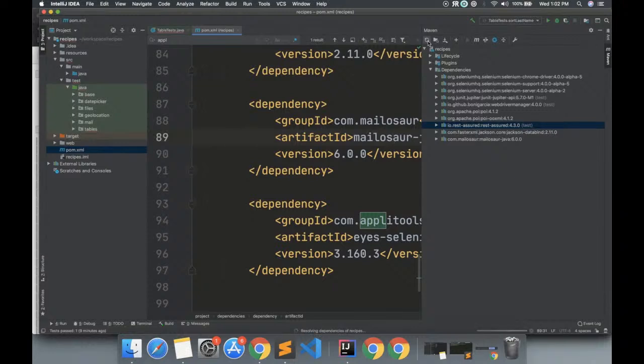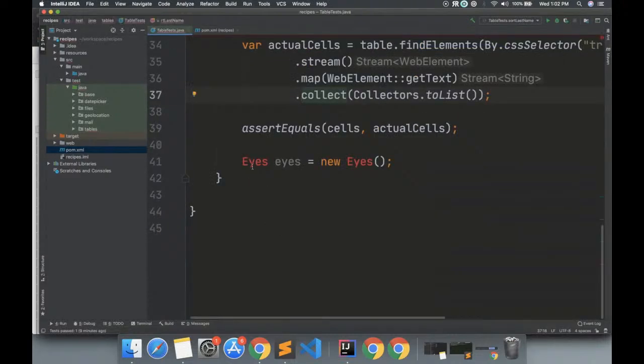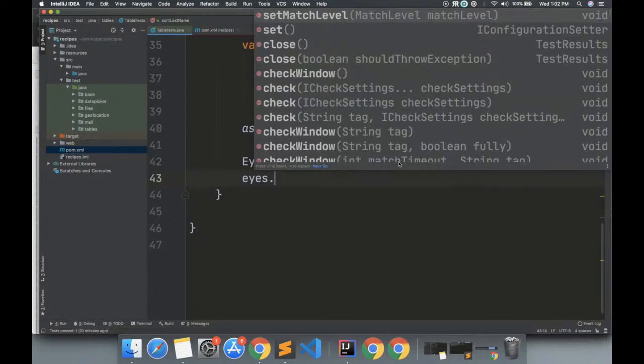Dependencies. Okay, there we go. See it at the bottom churning? There we go. All right. So, port this. So I say create this thing, and I need to say